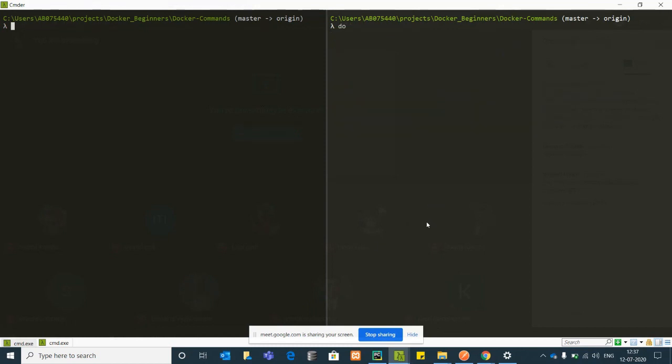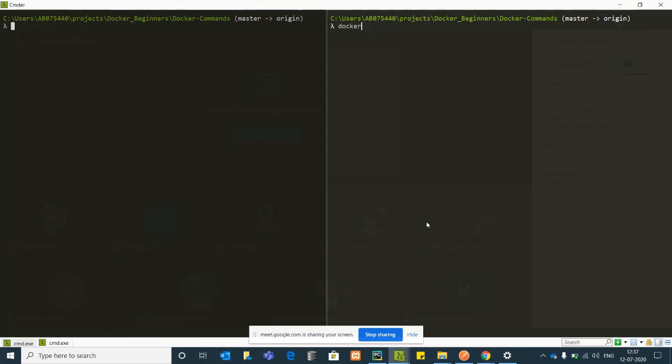Okay, so what we'll do is we'll write one simple Dockerfile. First, we'll understand the Dockerfile. We'll write a very simple Dockerfile, and then we'll go ahead and understand the Dockerfile which I have for you.